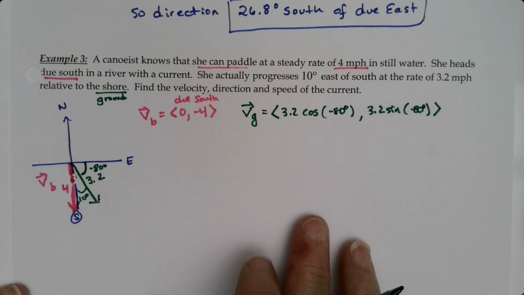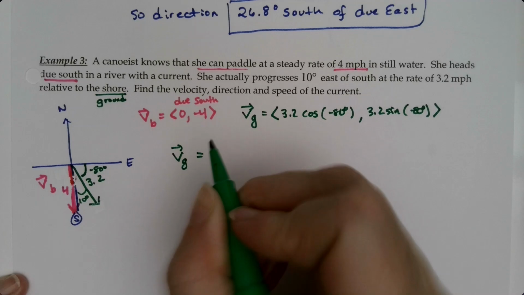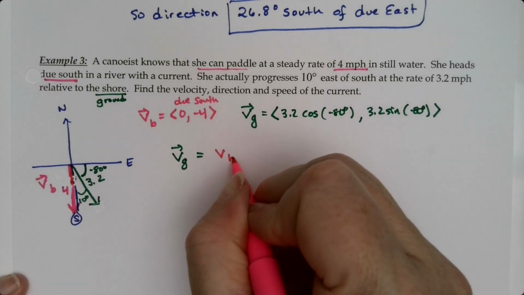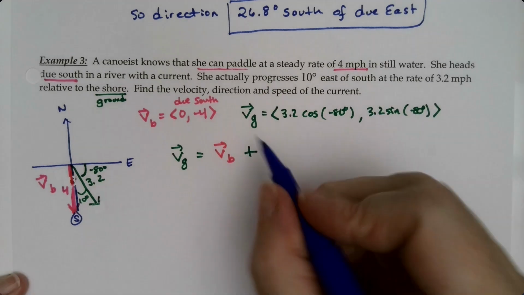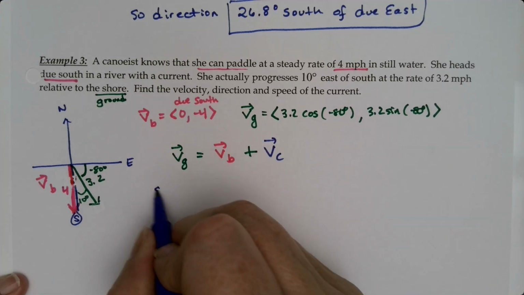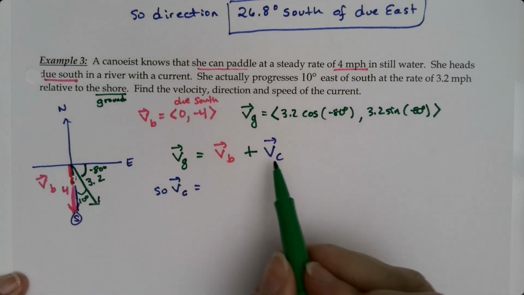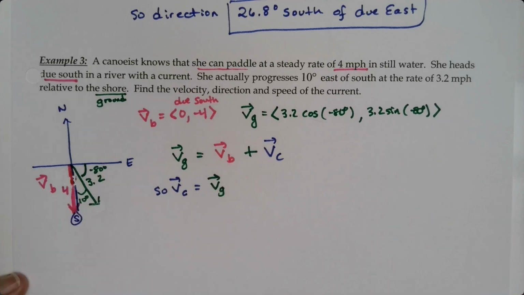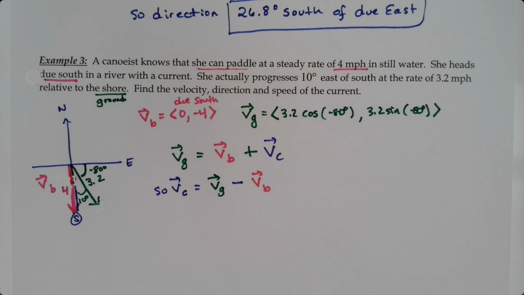All right, so now remember what we've learned. The velocity with respect to the ground is equal to the velocity with respect to the boat plus the velocity with respect to the current. And the current is what we're actually looking for here. So that means the velocity with respect to the current is equal to the velocity with respect to the ground take away the velocity with respect to the boat. Okay, so that would be equal to